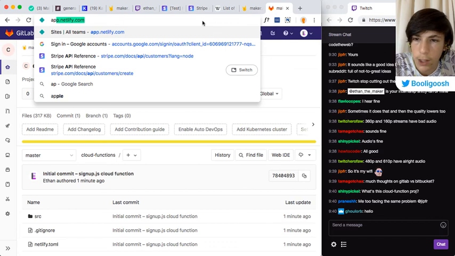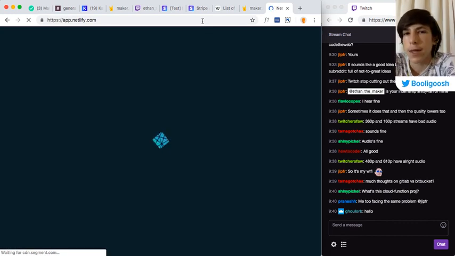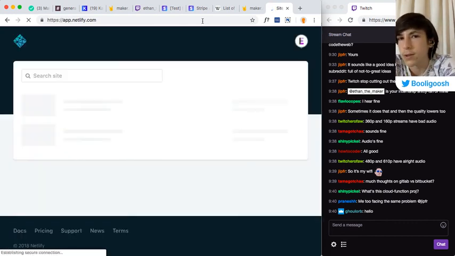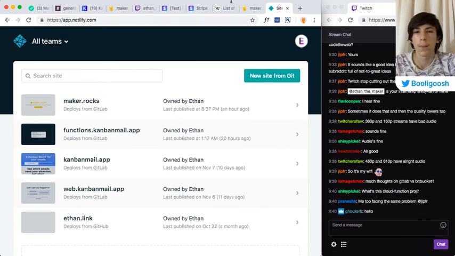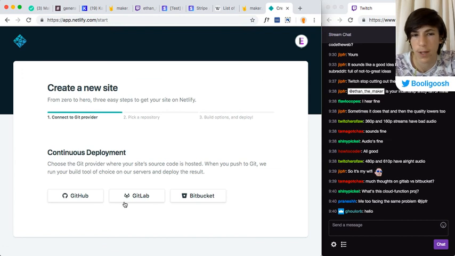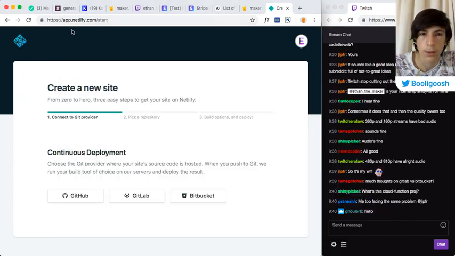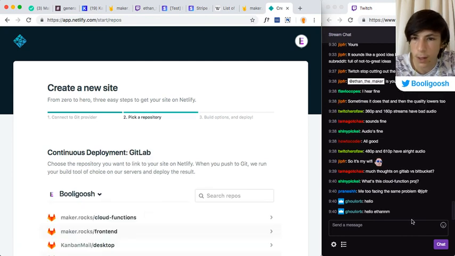Okay, so Cloud Function project. What Cloud Functions are going to be is basically the back end because I don't have a proper server. A Cloud Function is basically like you call a URL and then it runs some JavaScript and returns a response. So that's what it is. Hello, Ghoul Orb. How are you?